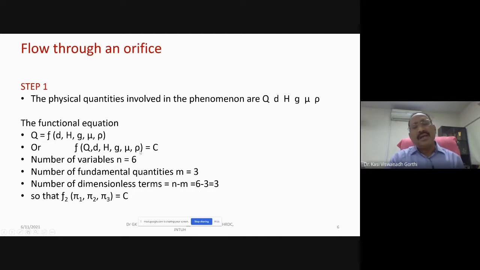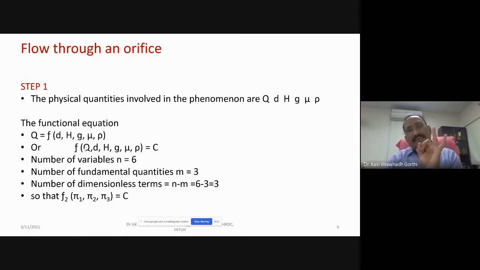What is the dimensional formula? Mass per unit volume: M L to the power minus 3. That means you have used M and L. Similarly, dynamic viscosity is M L to the power minus 1 T to the power minus 1. That means you have used M, L as well as T. So all these 6 terms can be completely described by 3 primary quantities: mass M,